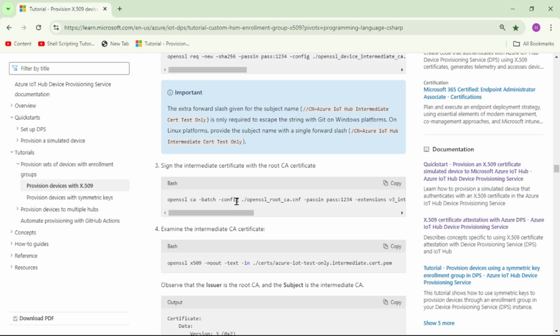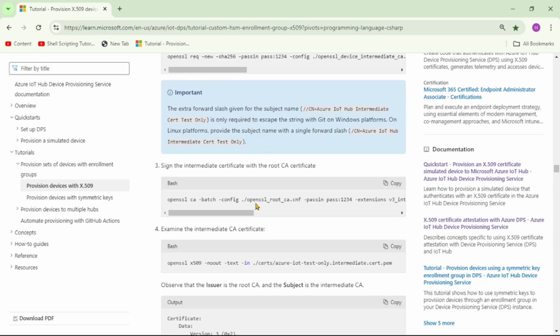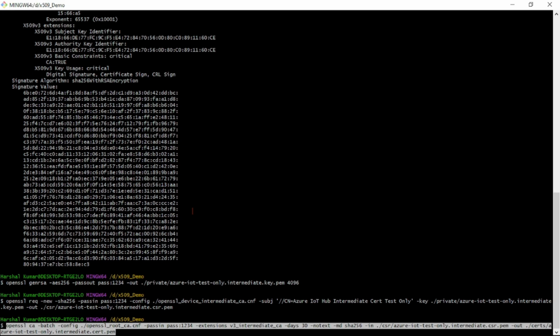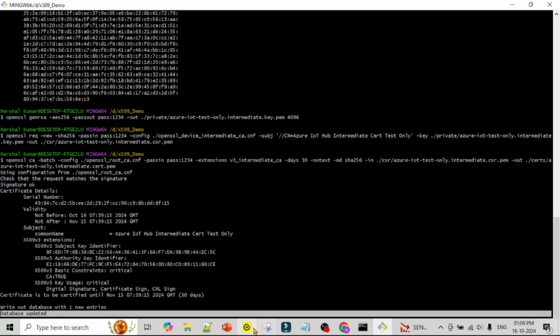Now let's go down, and finally on this third step our intermediate certificate will be signed by the root certificate, right? So in the second step we simply created that certificate signing request, okay. So let's copy this third line and let's execute it, and let's again cross check in our folder.